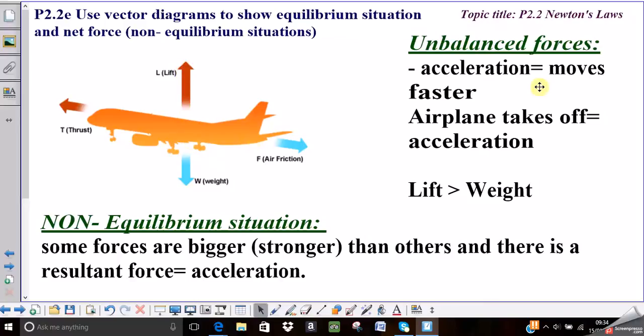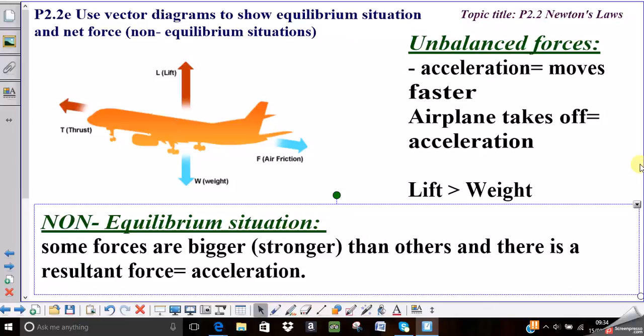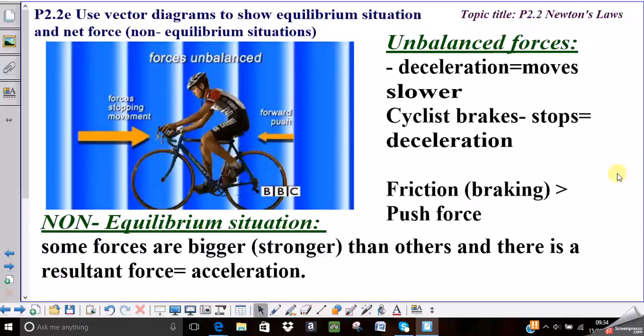Well, that's the whole purpose of an airplane taking off. You accelerate, you want to reach up in the sky. So again, non-equilibrium situation. Some forces are bigger, stronger than others, and there is a resultant force which creates acceleration. Let's look at a deceleration situation. That means an object is going to move slower up to the point it will reach